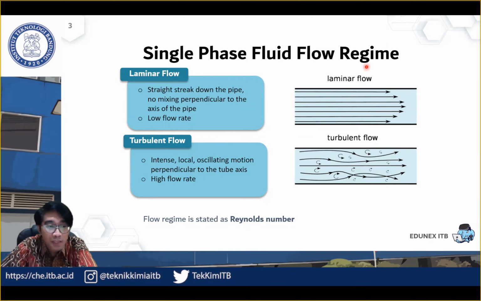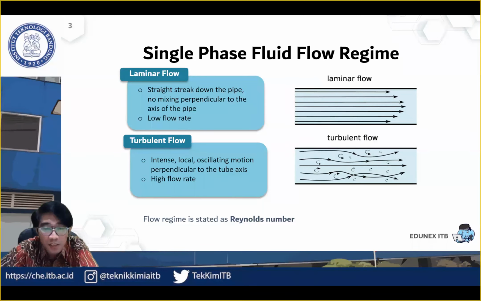Normally, this phenomenon happens when the flow rate of the fluid is relatively low. The other extreme, when the flow rate is very high, the layer will not be as smooth as the laminar. So the mixing will happen, and then the velocity profile will be very chaotic. Okay? So it's not as smooth as this one, but in the turbulent flow, we can assume the phenomenon is like in this figure.